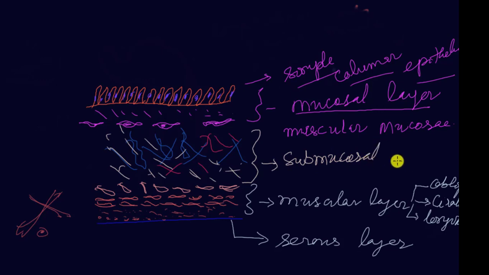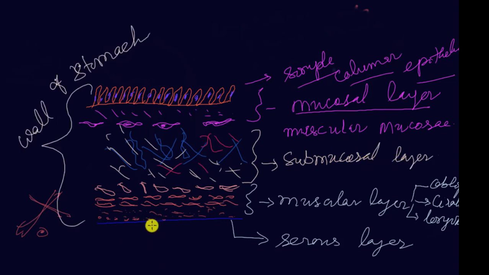So if you take a section, suppose this is your stomach and we have taken a section over here, and we are looking at the thickness of the wall. Here you can see this is the wall of the stomach. We have cut it like this and are seeing only the wall part. What are the things it is made up of?